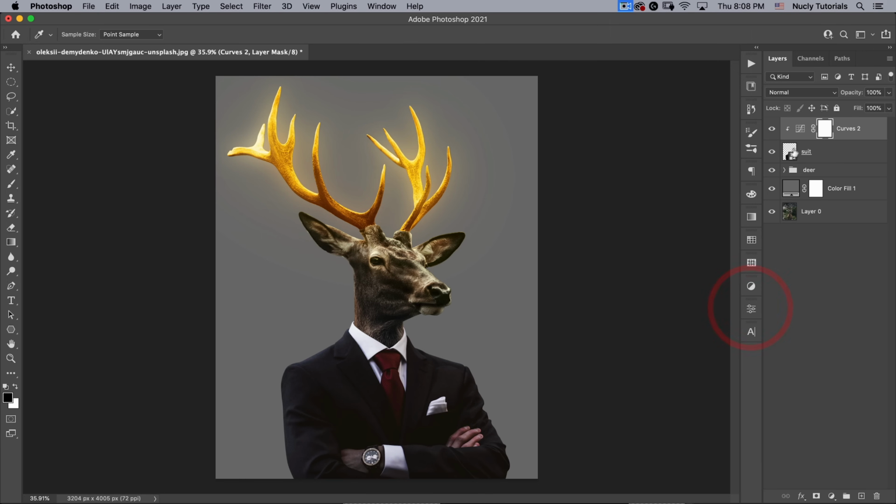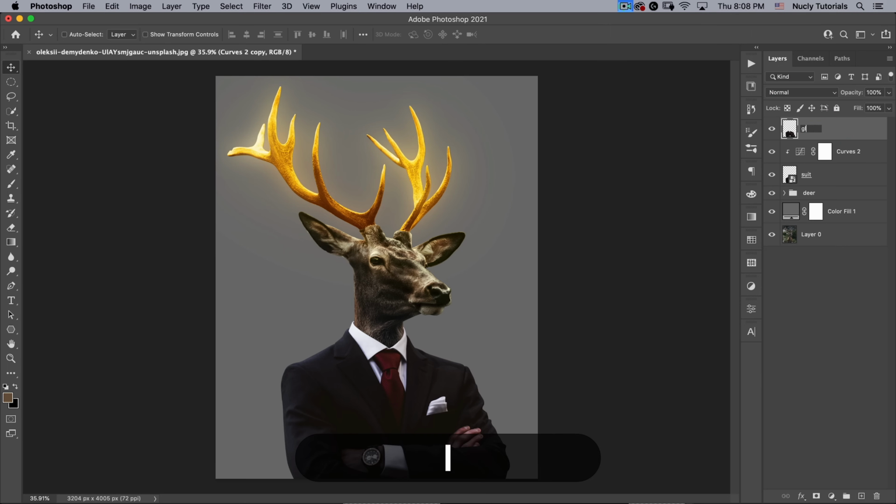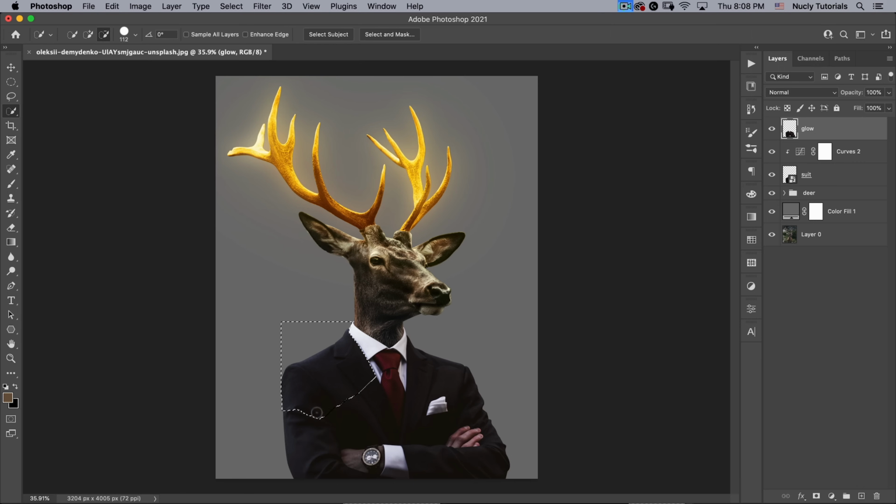All right, the next thing we're going to do is take both of these, make a copy, and then do Command E to merge them. And this is going to be our glow copy. And what I want to do here is basically just select the dark parts of the suit. So I'm going to use a quick selection for this. We'll just do kind of,